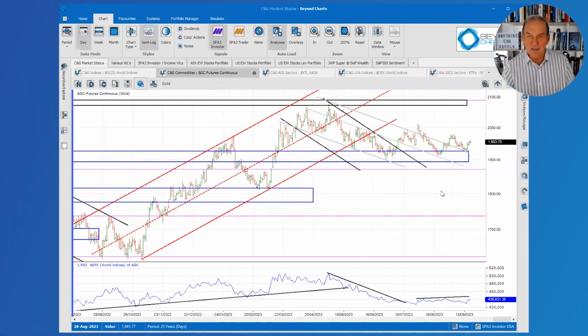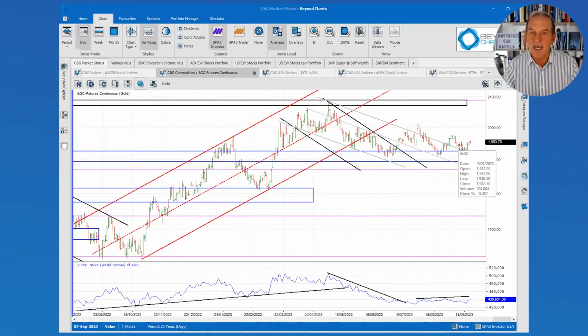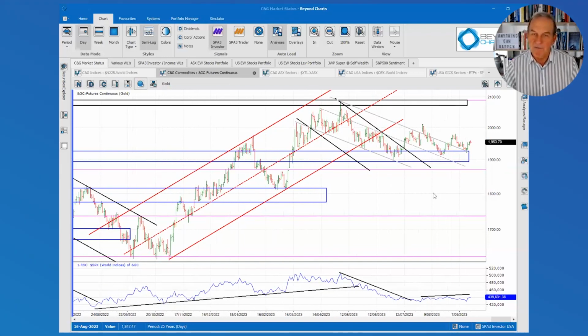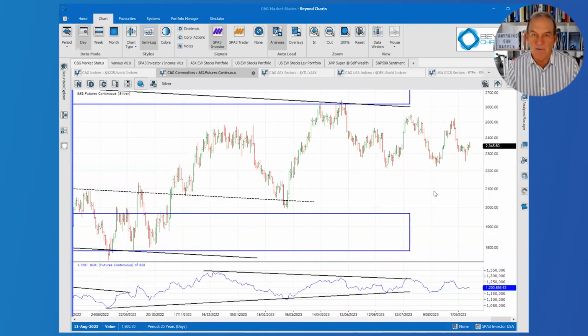So no gold bugs shouldn't be rushing into gold stocks at this stage, but if you get signals in gold stocks, you certainly can. But this is just really an early green shoot sign that maybe gold has found some support over here, and it's at least going to have a run up to its all-time high up here, just below 2100. So a bit of green shoots happening in the gold price over there.